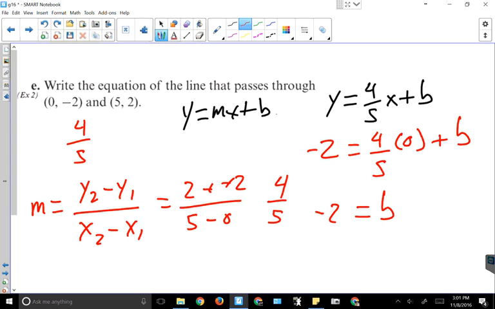Now, one of the catches that you could have noticed is that I've got 0, -2. 0, -2 is always going to identify where the y-intercept is. If this is 0, whatever number you've got there is the y-intercept. So that means the equation should look like this. Y is equal to 4/5 x minus